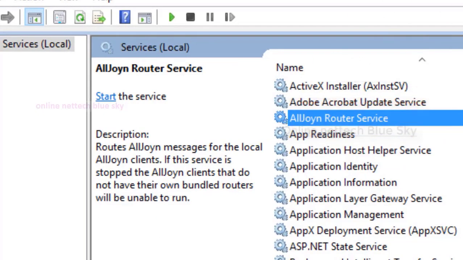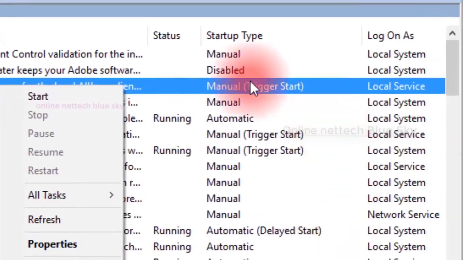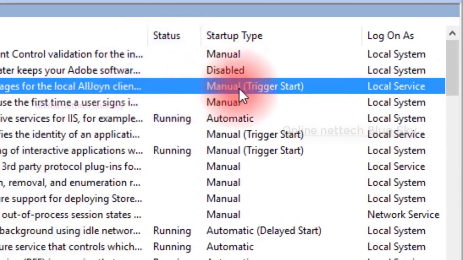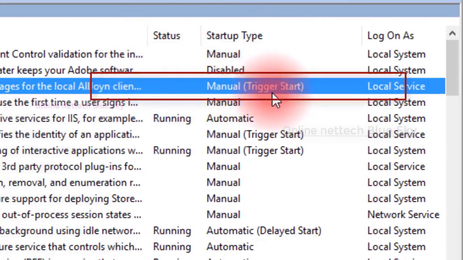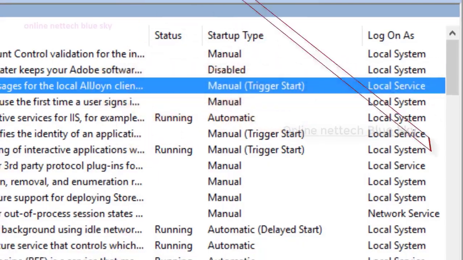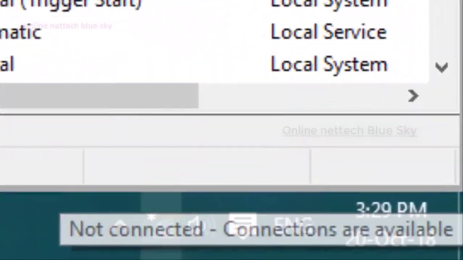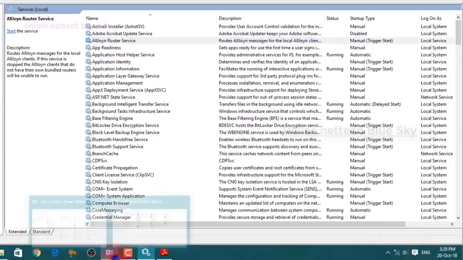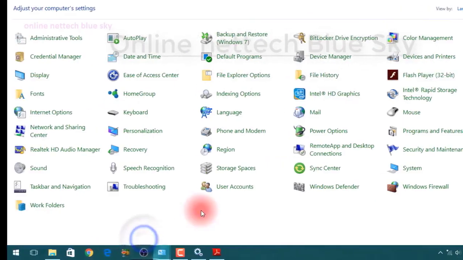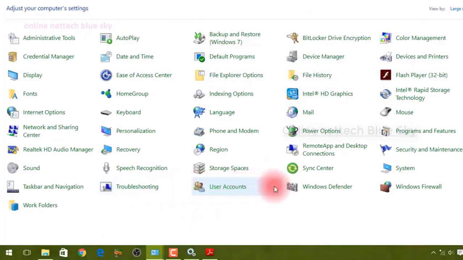You can see here the router allows messages for local, and manual trigger start means without your DSL router attached you cannot start these services. So you first attach your router to your computer, and at that time the service does not start automatically because you connect the router manually to your computer, and then your system starts the network here.